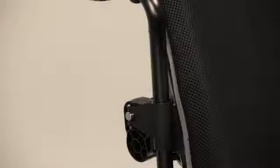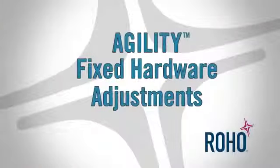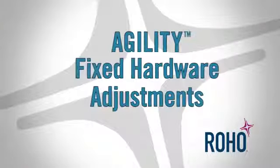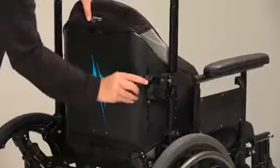Measure the height of both back cane bands with a tape measure and adjust as needed to ensure the backrest is level. Using the tool, tighten the hardware bolts until snug, plus a 1/4 turn. That completes the install. Once your Agility is properly installed, you can make any necessary height, depth, and angle adjustments. To adjust the height,